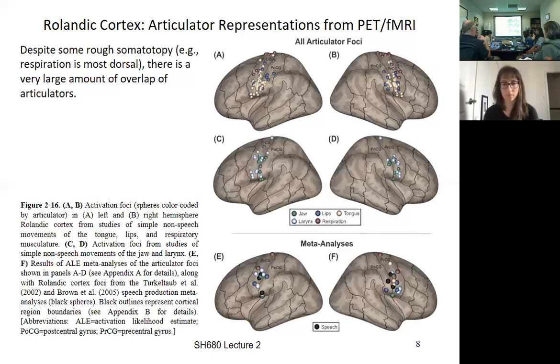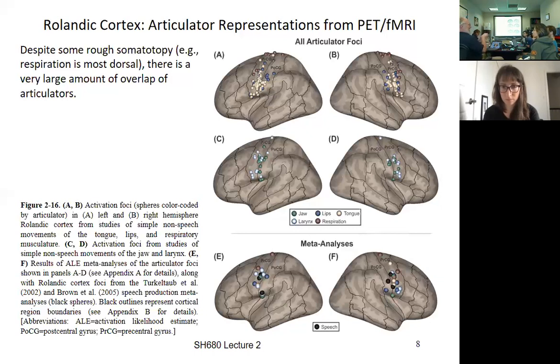Down here, I show meta-analysis results. So it's basically taking all these peaks and doing a computational meta-analysis. And the black ones are from the speech meta-analyses I mentioned before. What you see is that the speech ones are exactly where a whole bunch of other articulators are represented together. Again, highlighting that for speech, you want parts of cortex where all the articulators are close by in representation, because those are going to be the most heavily interconnected, and those are going to be the ones you can coordinate the best. And so, for example, in the arm area,